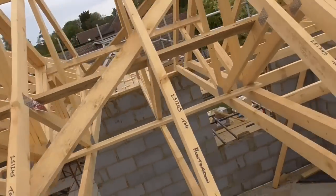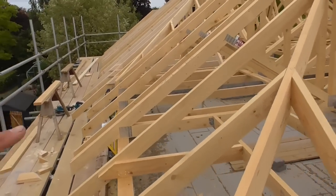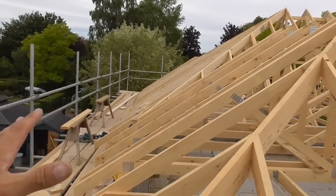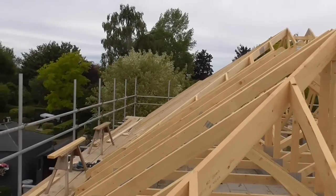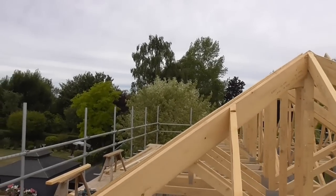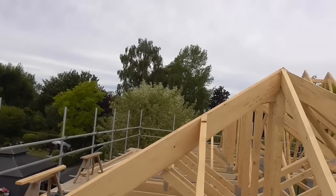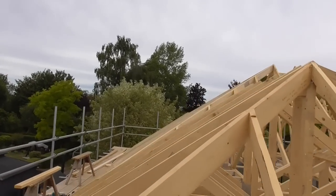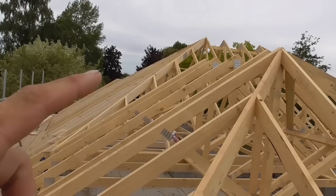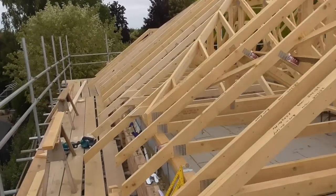And if you just have a look down here, you can now start to see this sort of end flank of roof. You can see it start to come together. If I just move down there, look, we've got a really nice, I'm really pleased with that, get like satisfaction out of that. Nice clean line all the way down there, everything comes in, all the hips, everything right up to the top. So as I said, once I do this infill here with these diminishing trusses,